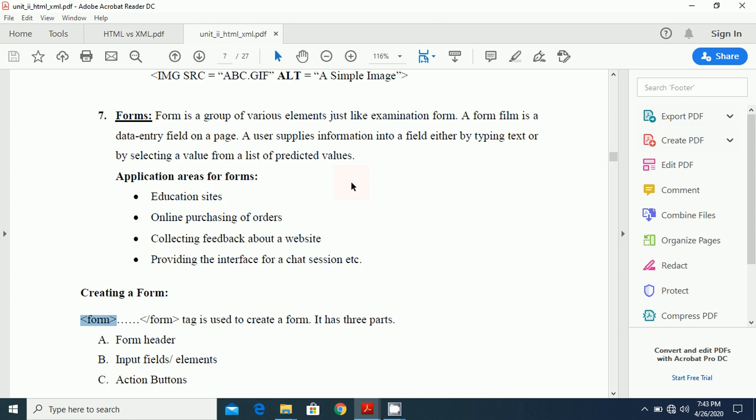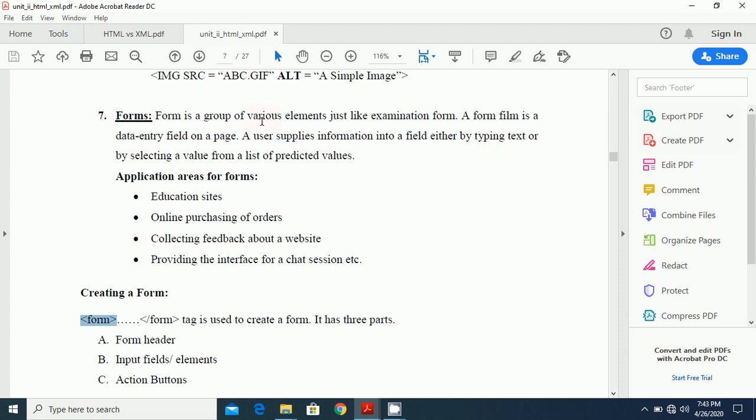A form is a data entry field on a page. A user supplies information into a field either by typing text or by selecting a value from a list of predicted values. So there are so many application areas for the forms.